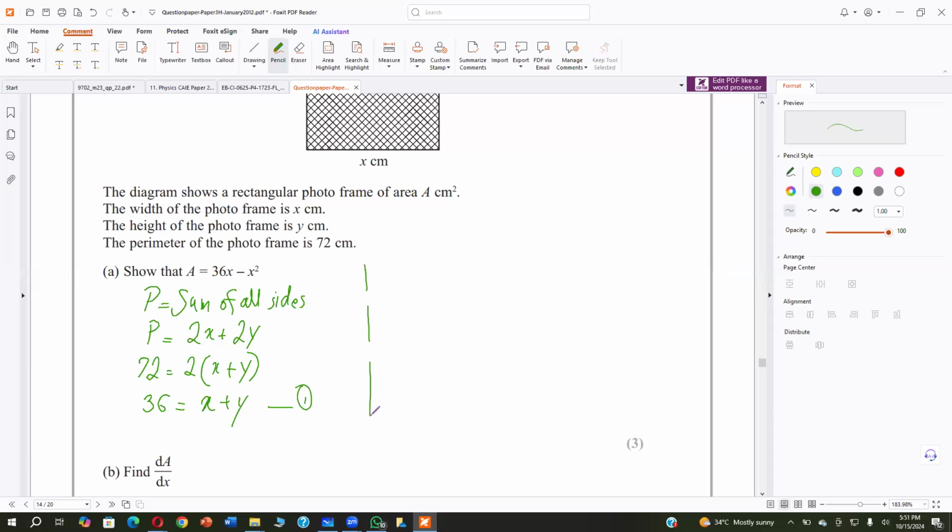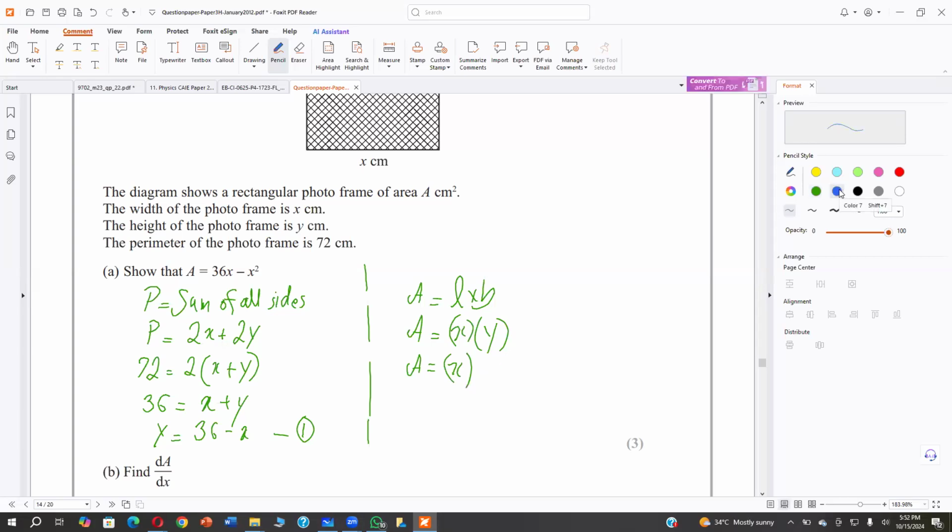This is the first equation we are getting, and area is equal to length into breadth. Area is equal to X into Y. So I can find Y because Y is not in my final equation. So I can find Y from the first equation. In place of Y, we can put 36 minus X. Then